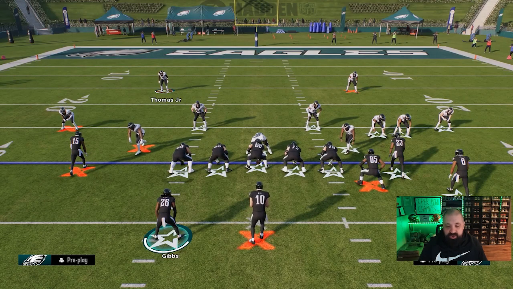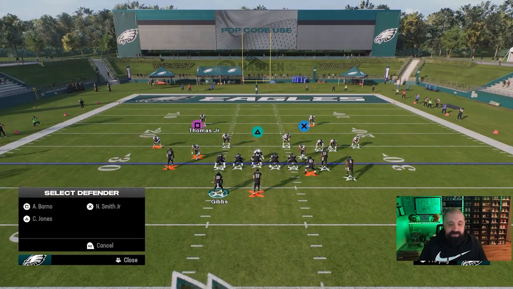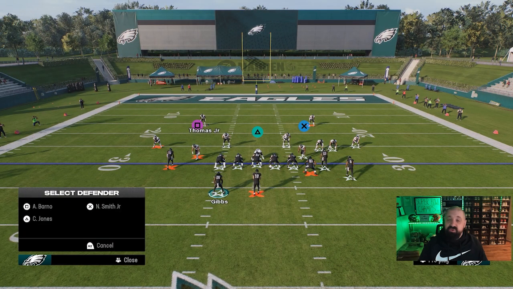If I wanted to change Chris Jones, and I know I'm being very repetitive, but there's a lot of newbies in here that are learning this stuff for the first time, so I just want to cover everything. This time we're going to change Chris Jones, right? So double tap the left D-pad button, we're going to hit triangle on PlayStation, would be Y on Xbox to